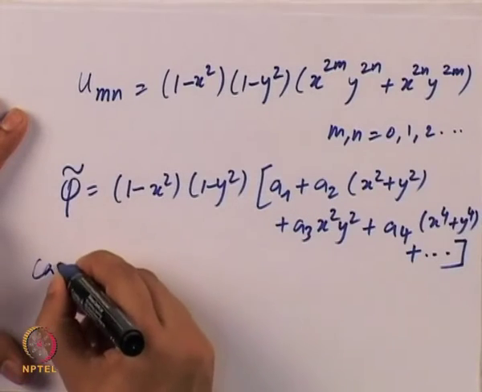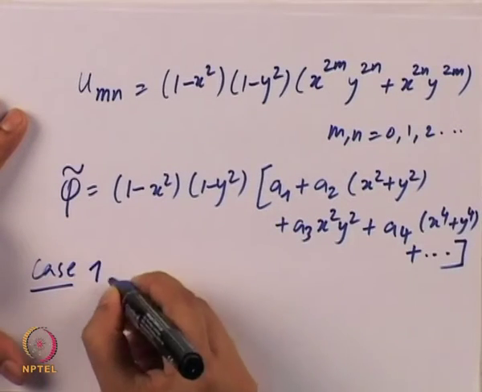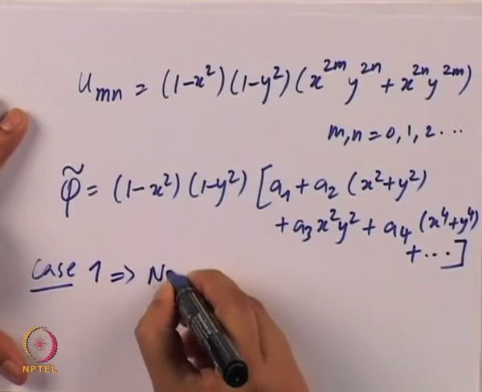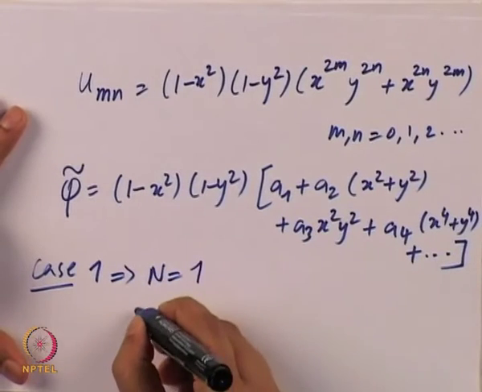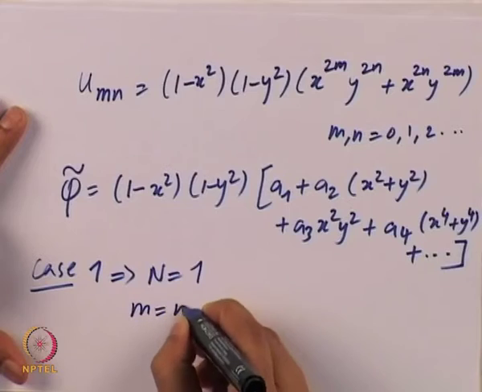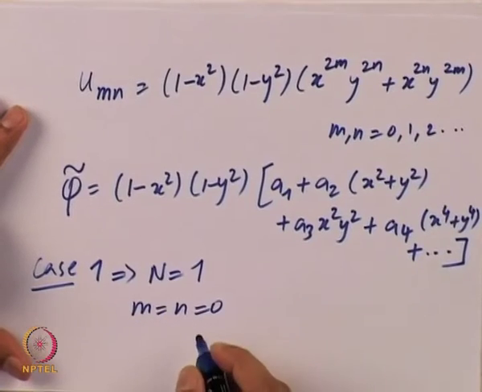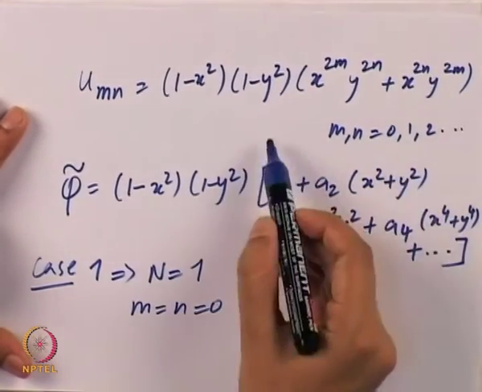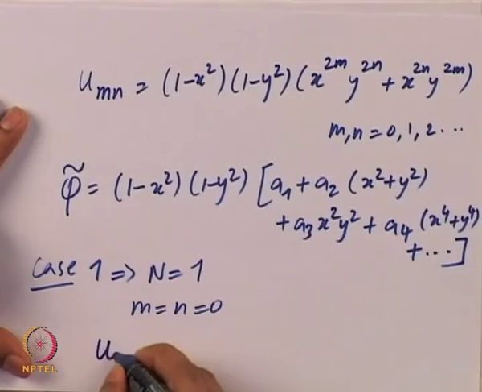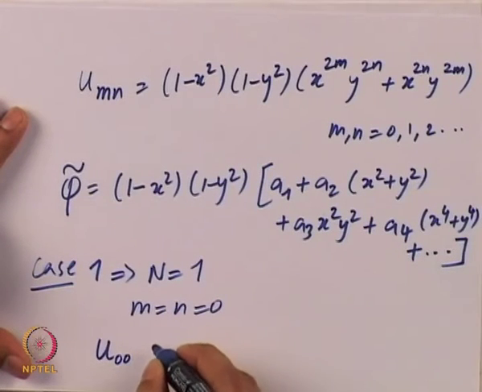So case 1 is equal to, the number of basis functions is going to be 1. So that means m is equal to n is equal to 0. So if we have that, let us club this into this equation. What we get is u of 0 comma 0 is equal to